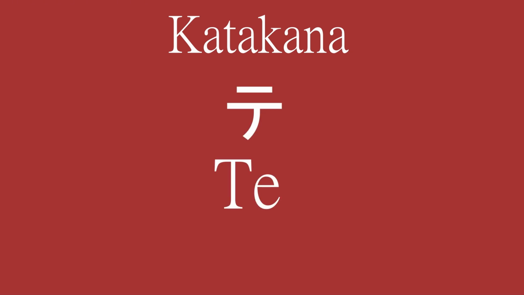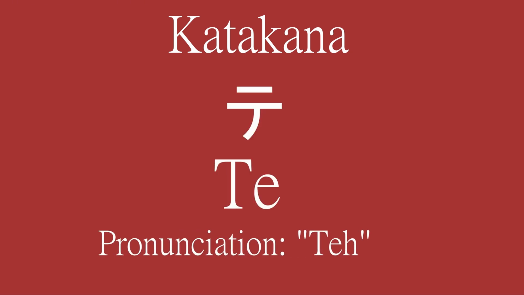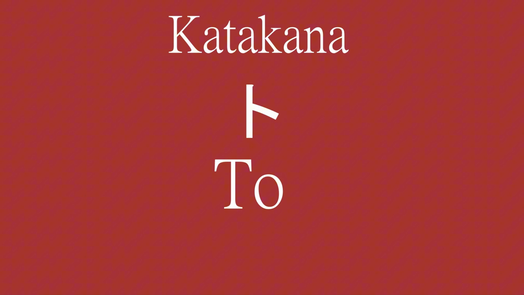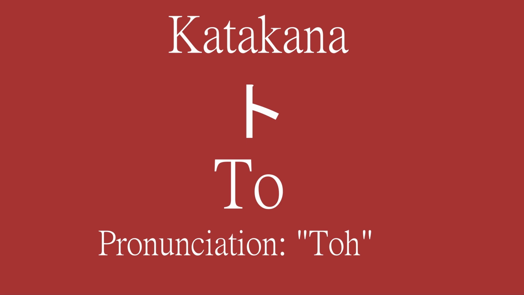て、て、 The pronunciation of the character te in Japanese is something like the combination of TEH in English. Let's see how to write it. Draw a horizontal line. Draw a longer horizontal line below it. Draw a vertical line through the middle. と、と、 The pronunciation of the character to in Japanese is something like the combination of TOH in English. Let's see how to write it. Draw a vertical line downward. Add a small diagonal stroke on the right side.